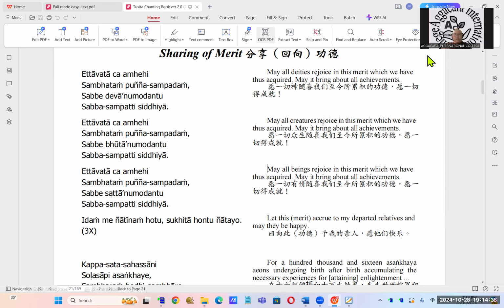By now, when I read the commentary, to me it's easy because I am doing my PhD on the Patisambhida. It's actually a very difficult commentary. Even when I told my teacher, he said, "You are the one who wanted to choose that commentary." Okay, all right, so we do the sharing of merits.